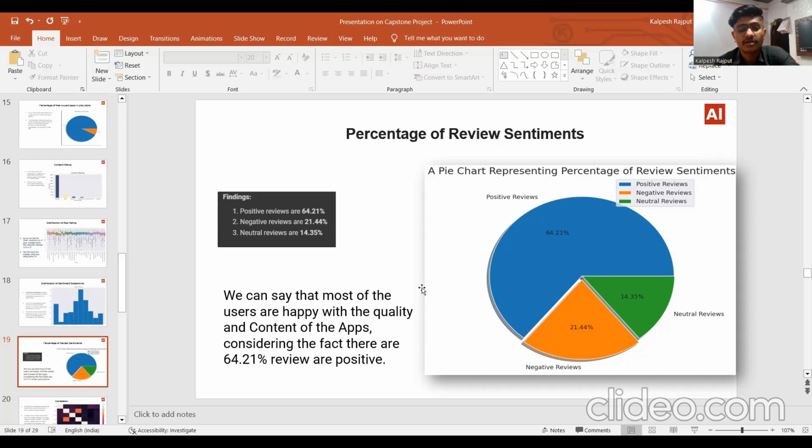We can say that most of the users are happy with the quality and the content of the app. 64.21% of reviews are positive, negative reviews are 21.44%, and neutral reviews are 14.35%. We can figure it out from the chart. Most of the reviews are positive and most of our customers are happy with their applications. We take the help of this pie chart to analyze this data. Moving to the next slide,